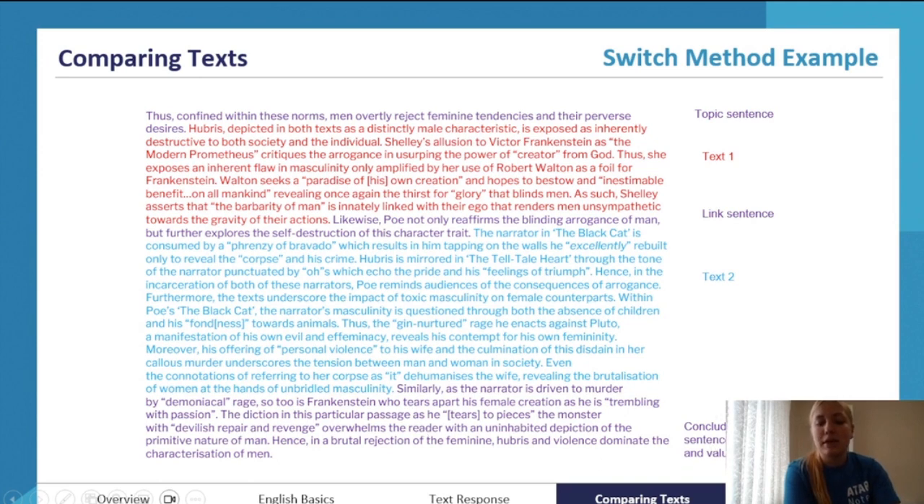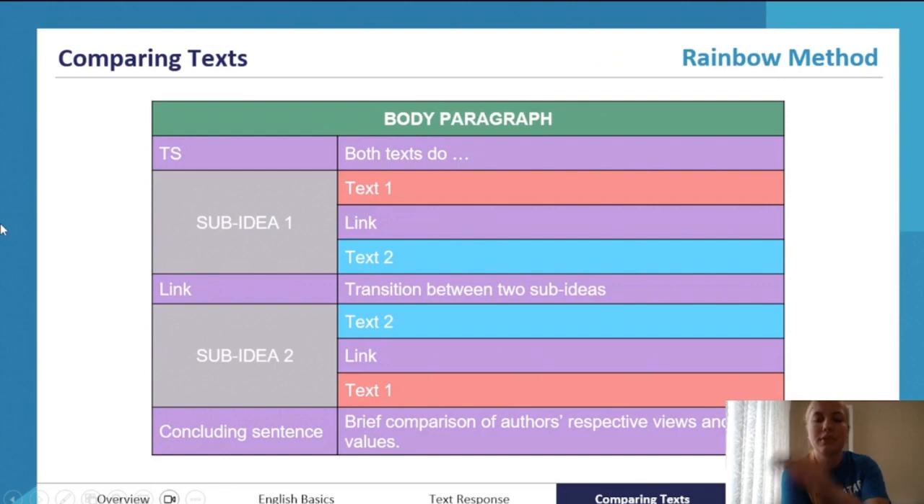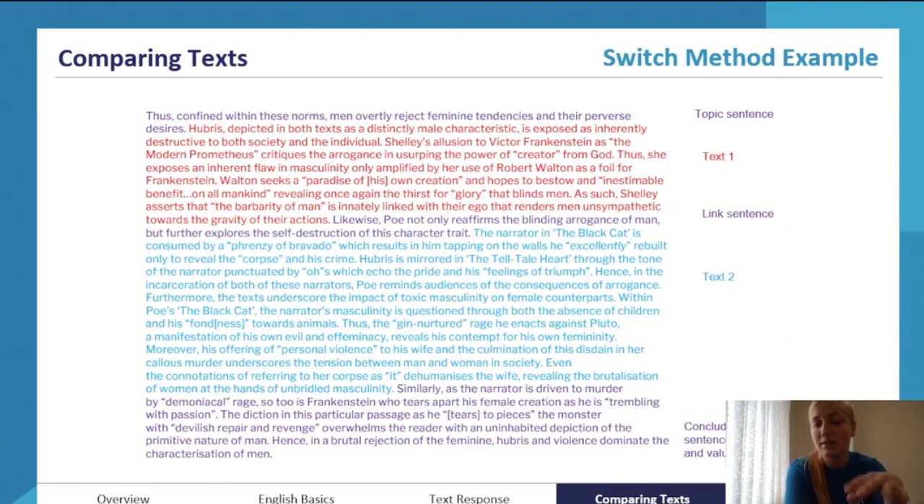Then we have concluding sentences based on views and values. Have a read through this one. It's quite impressive and extensive views and values analysis, and it's even still using some evidence to prove that these messages about the primitive nature of man, brutal rejection of the feminine, hubris, and violence dominate the characterization of men. Based on everything that we've already discussed, we did discuss that man was primitive, the overt rejection of feminine norms and traits, prideful, and violent. So your concluding sentences in comparing texts should still link into your topic sentences or arguments,